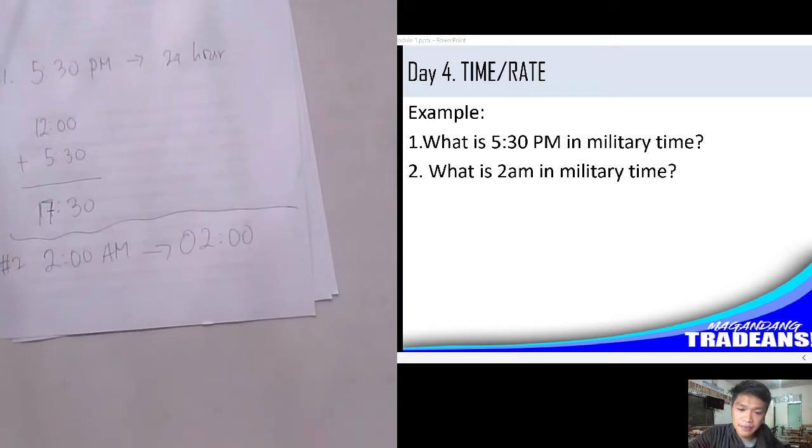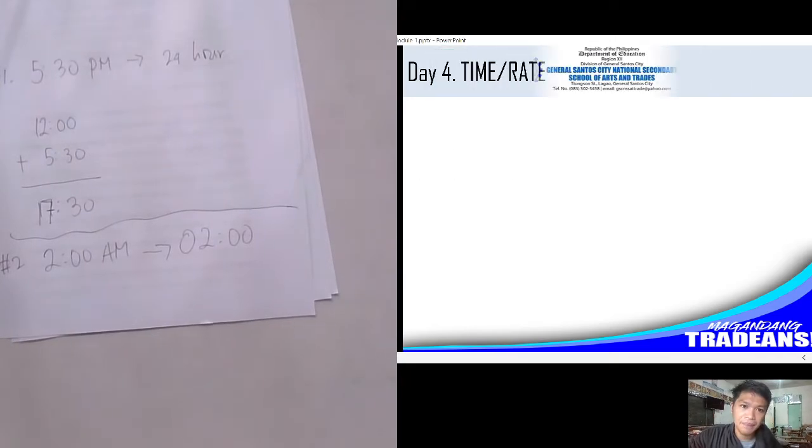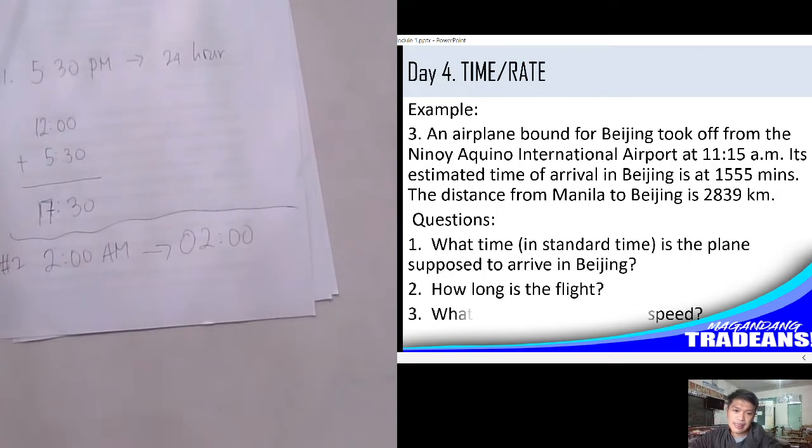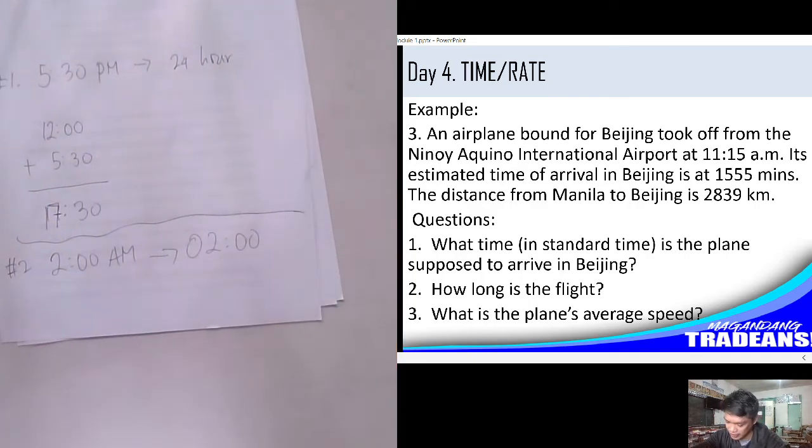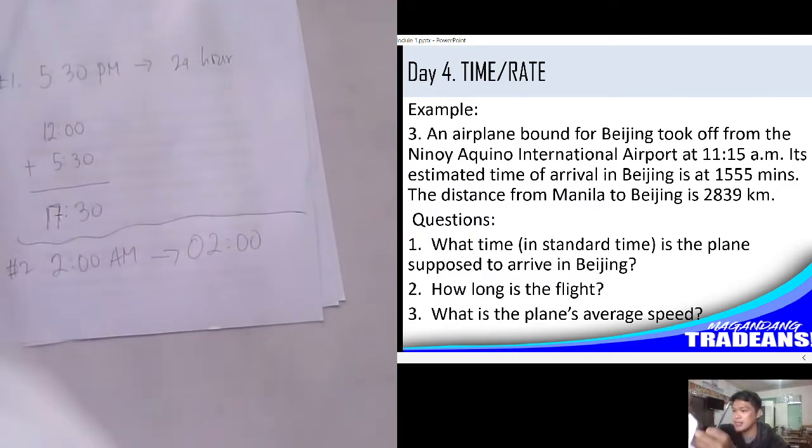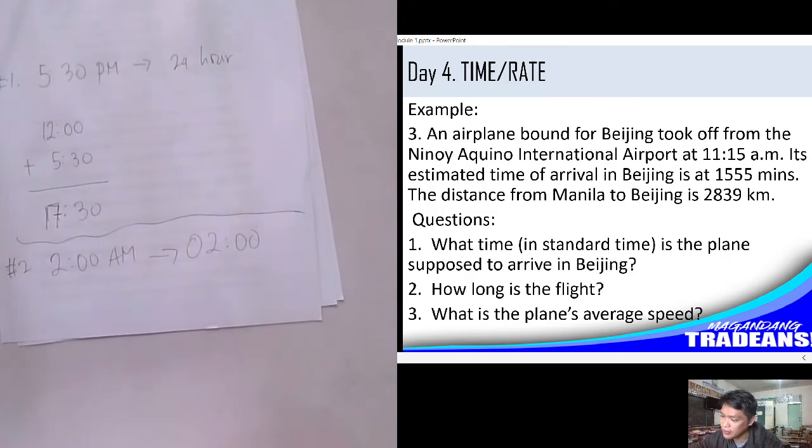Okay? So, let's have now a more specific example to that. So, time and rate. What is this? Okay. This lesson is about, let me read first, time and rate. When you say time and rate, this is the concept of time, very basic and integral in discussion of the concepts. So, we have the following example. An airplane bound for Beijing took off from the Ninoy Aquino International Airport at 11:15 a.m. Its estimated time of arrival in Beijing is